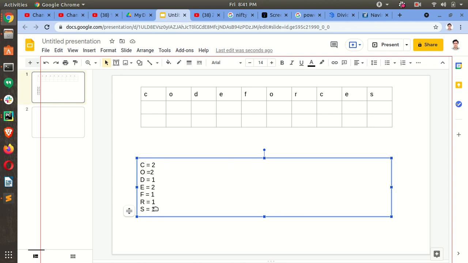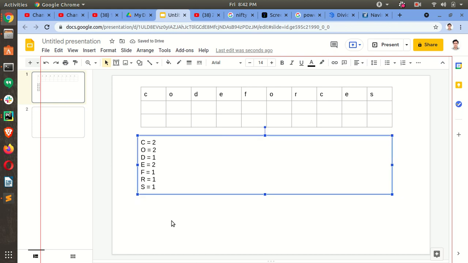So we can store this in a hash map. We'll make a hash map and store the count of each character: for C we get 2, for O we get 2, for D we get 1, for E we get 2, and similarly for all others.